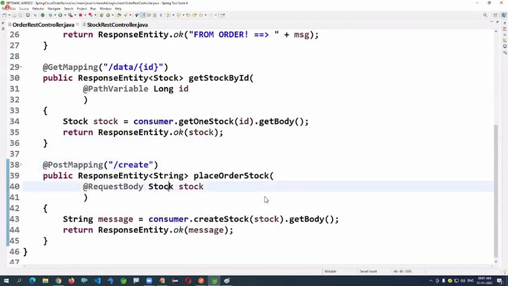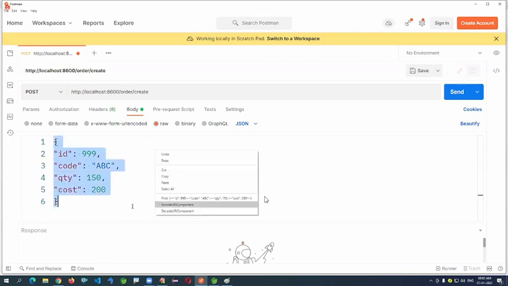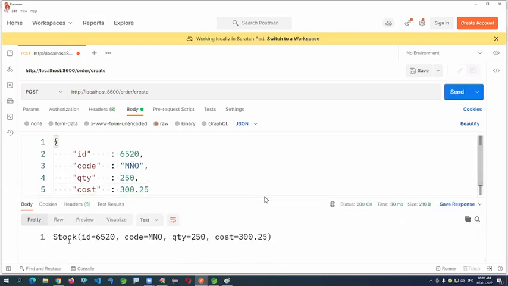In the same way, I'm writing for stock. We are able to see the same data.